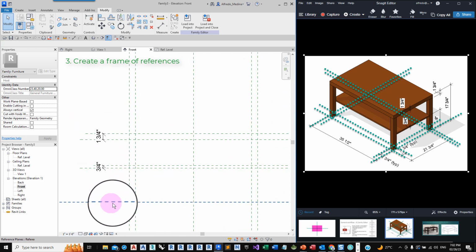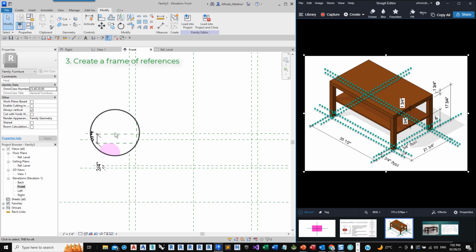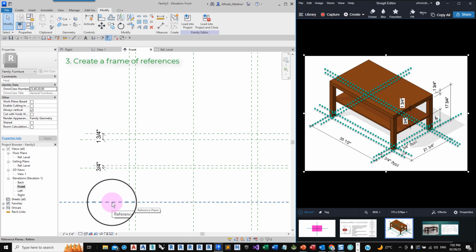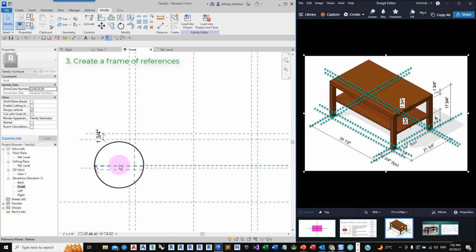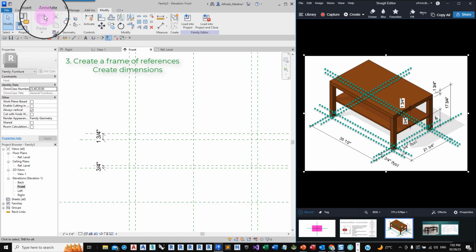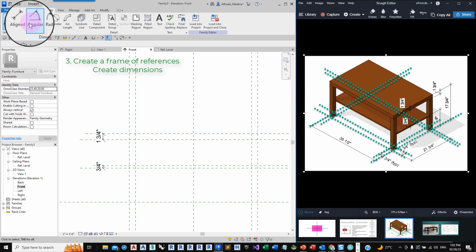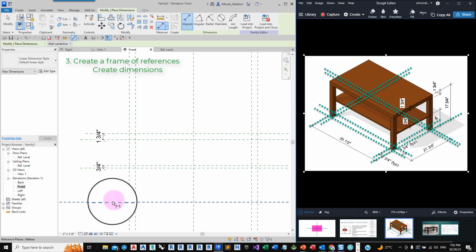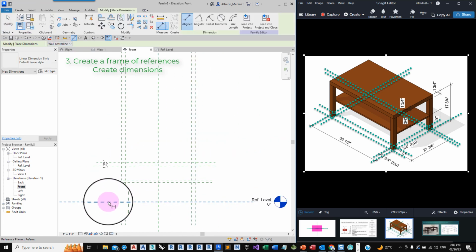Now I would like the total height to be parametric. Yes, that would be useful. And also the height of the shelf in relation to the level. Yes. So let's create those two parameters like this. Annotate, aligned, from the reference plane, not from the level.